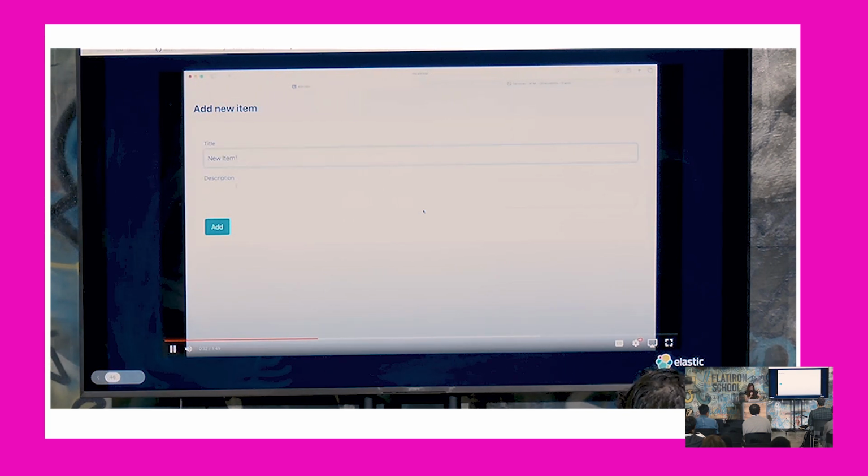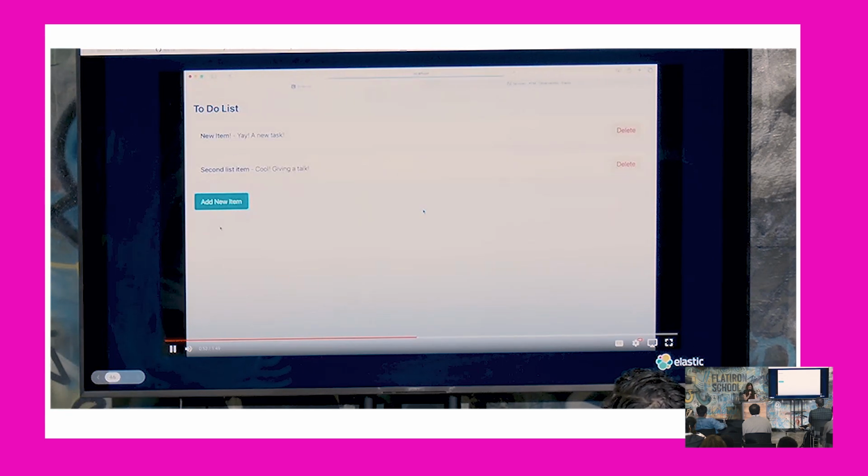So it would just be like, new item, cool. And then from there, you'd just be like, yay, a new task. And then you would add that. And you could add another one. This one is going to be called second list item. And then from here, you'd be like, cool, giving a talk. That's fun. And then after, what it's going to show